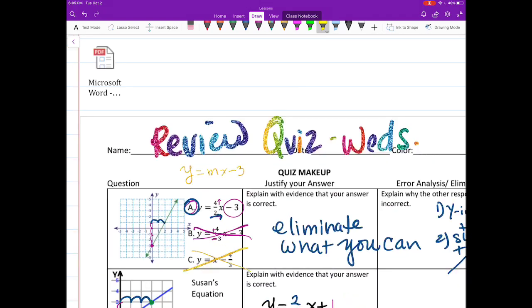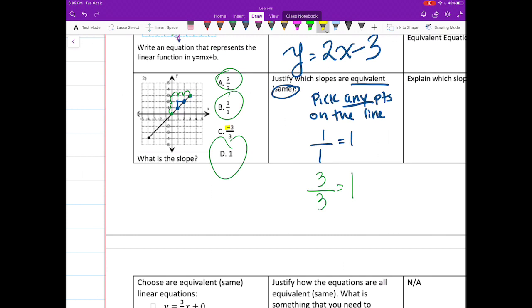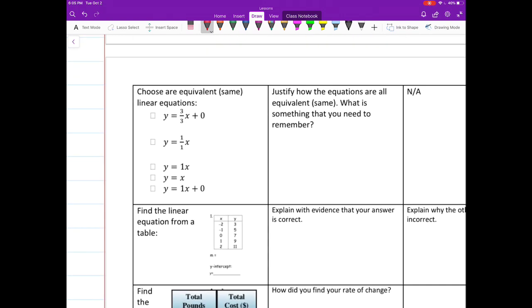This one, whoops. You have a negative. You got a negative. So look, you don't even have to do it because you know your slope is positive. So you can't have a negative slope. So elimination, there it is. Okay, which ones are the same or equivalent? I need you to know that